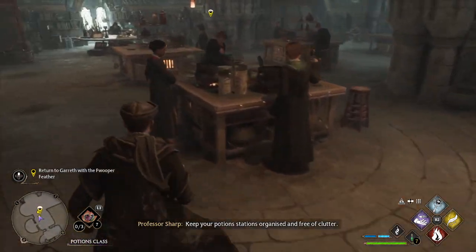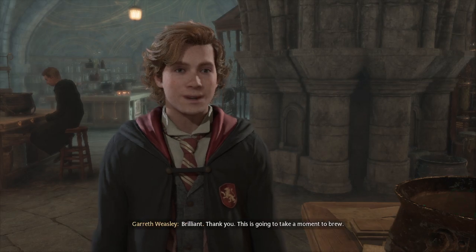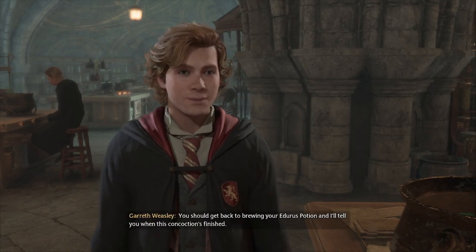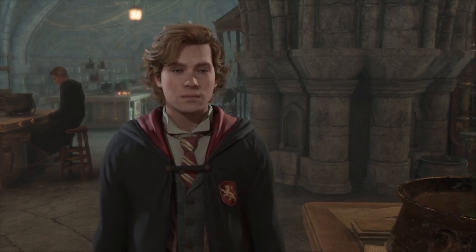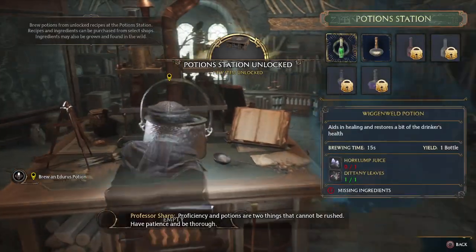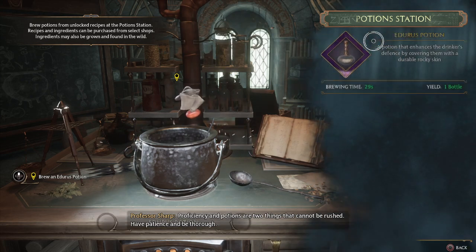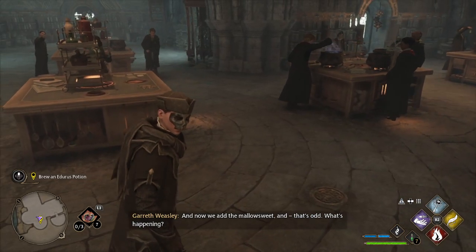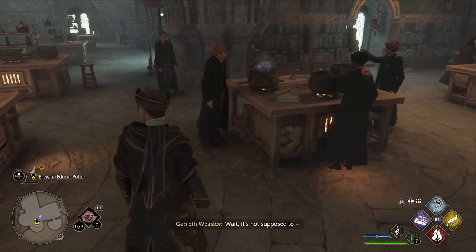Keep your potion stations organized and free of clutter. Here's the Fwooper feather you wanted. Brilliant! Thank you! This is going to take a moment to brew. You should get back to brewing your Endurus potion, and I'll tell you when this concoction's finished. Proficiency in potions are two things that cannot be rushed. Have patience and be thorough. And now we add the mallow sweet, and... That's odd. What's happening? Wait, it's not supposed to...